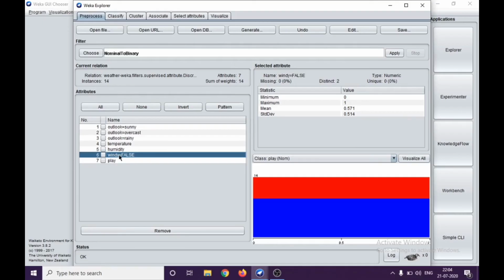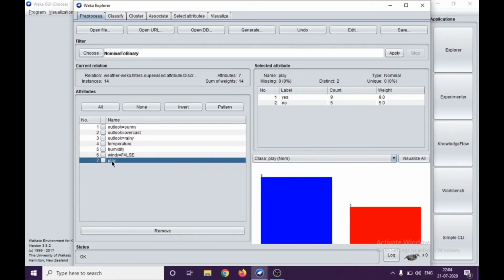Based on our need, and the kind of analysis you are performing, you can apply different pre-processing filters over your data. I would suggest it is very important that you understand how data works, and on that basis you can choose what filters to apply. This will help you with the last attribute, which is your prediction of play, whether it will happen or not. We'll see that in classification later when we predict things, but on the basis of data we can do the analysis and prediction much better than this.